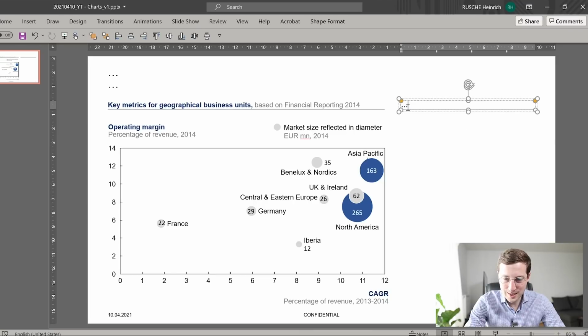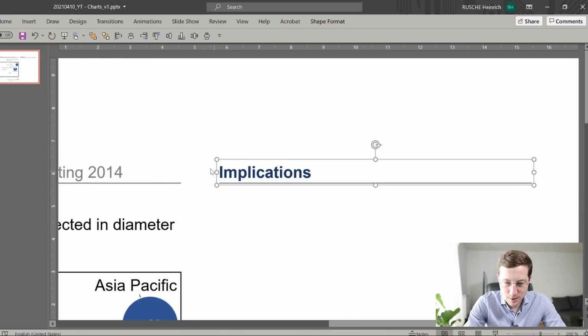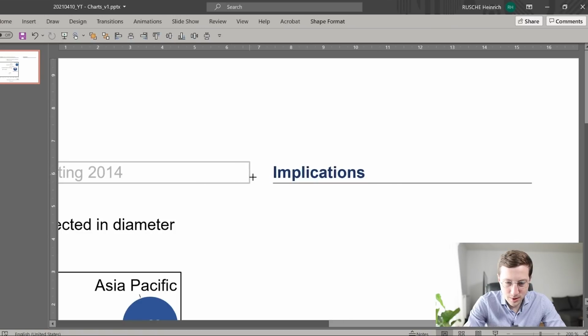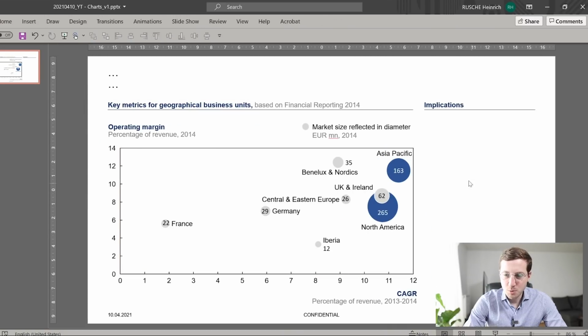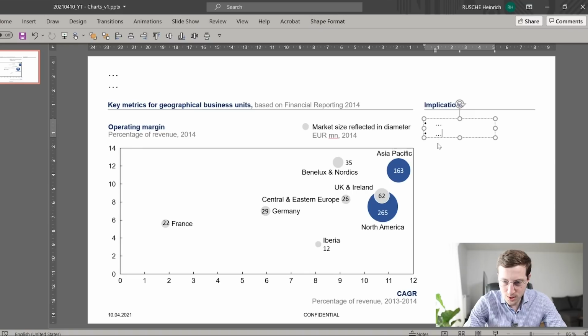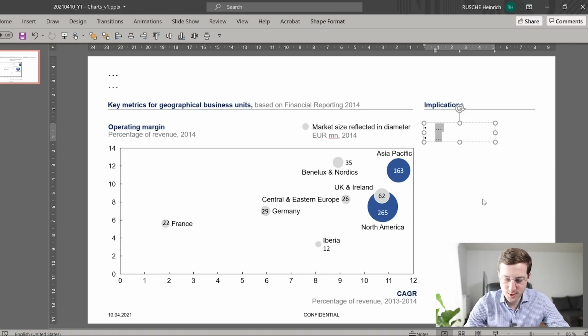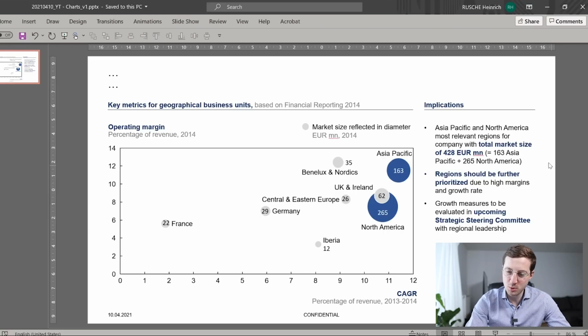So let's just call it exactly like this. Let's maybe make this a little bit smaller, give a little bit more space to this one. So now let's copy in a text field. And now indeed this is something that we can use just to include some commentary and some remarks. Now for instance, we could write something like Asia Pacific and North America. And then a nice little tweak that you can do to emphasize your message is to bold the most important points in every bullet. Then it's also nice to color it not necessarily in black, but maybe the main color theme of a presentation to make them really stick out. This often helps to more easily read these bullets and get the most important points out.